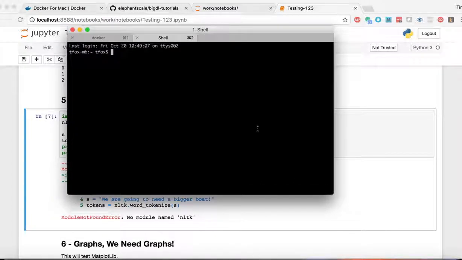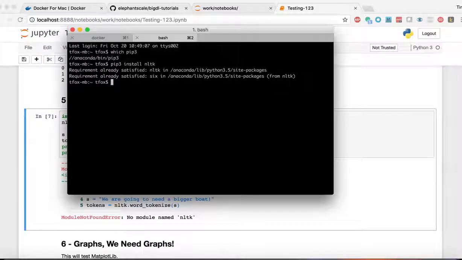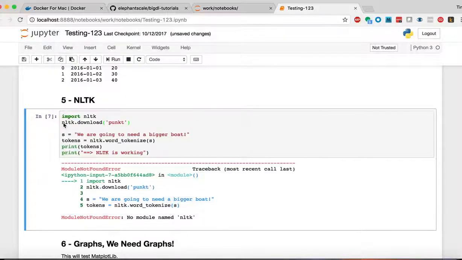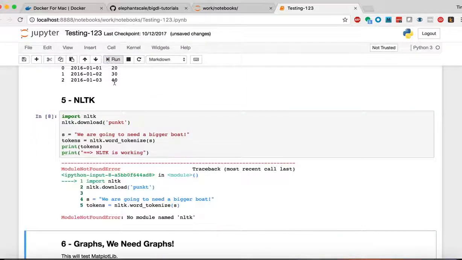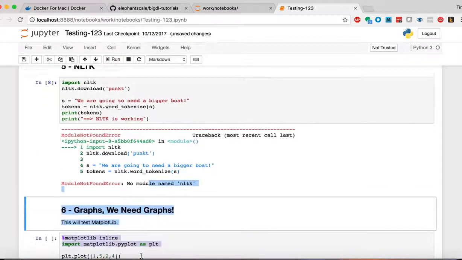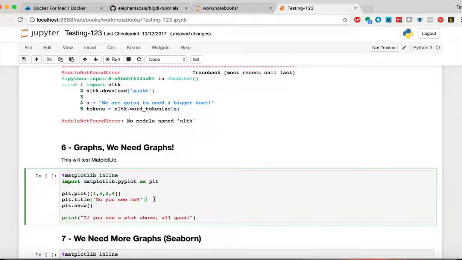We can do that. What we're going to do is say which pip3, and I'm going to just say pip3 install NLTK. Okay. And actually, to do this, I'm going to need to run this from within the Docker container.